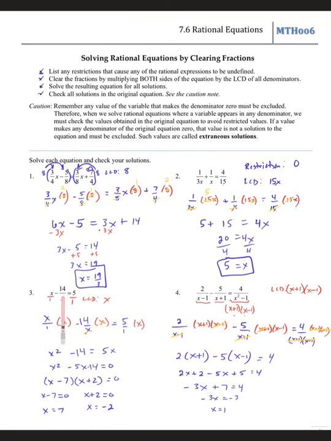So the only restricted value we have, an x in the denominator, would be a 0. And since neither of these are zeros, as long as you check your answer and they both work, then both of these would be your solution since neither of them are restricted. However, though, when we go to number 4, you can see that we multiplied the least common denominator by everything,